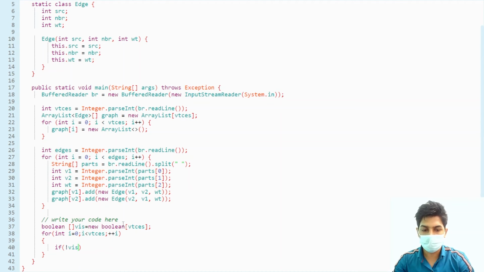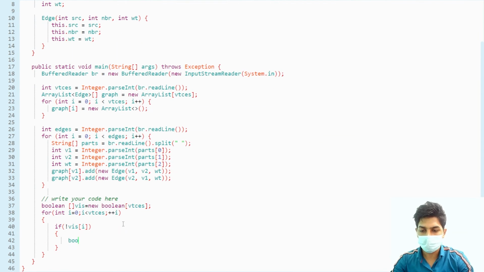If the current element is not visited, then we will call the function. Since we are using the modified version of BFS for detecting the cycle, let's name the function as BFS only. We'll pass graph, the source node, and the visited array.